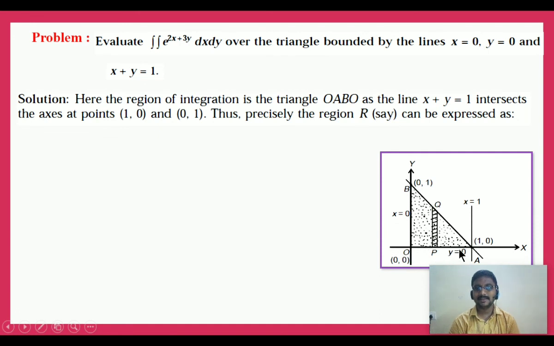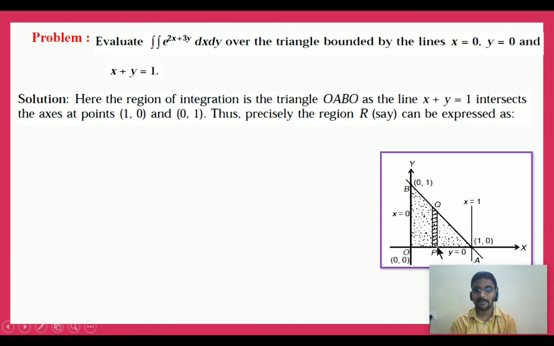It is bounded by the lines y equal to 0, that is the x-axis, x equal to 0, that is the y-axis, and the line x plus y equal to 1, having slope of 1 unit. It is the line. Now this dotted region is the closed region. In this region we have to take a strip. The strip is drawn parallel to the y-axis. According to the strip, we will have y limits as variable limits in terms of x.